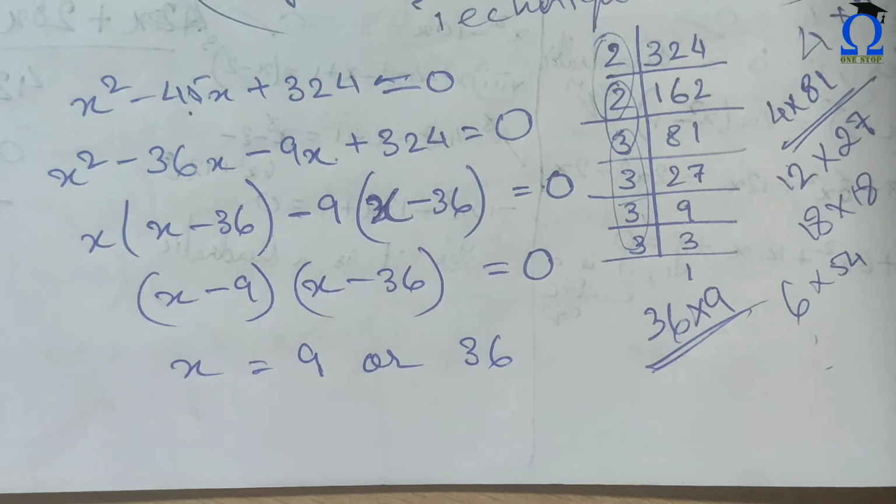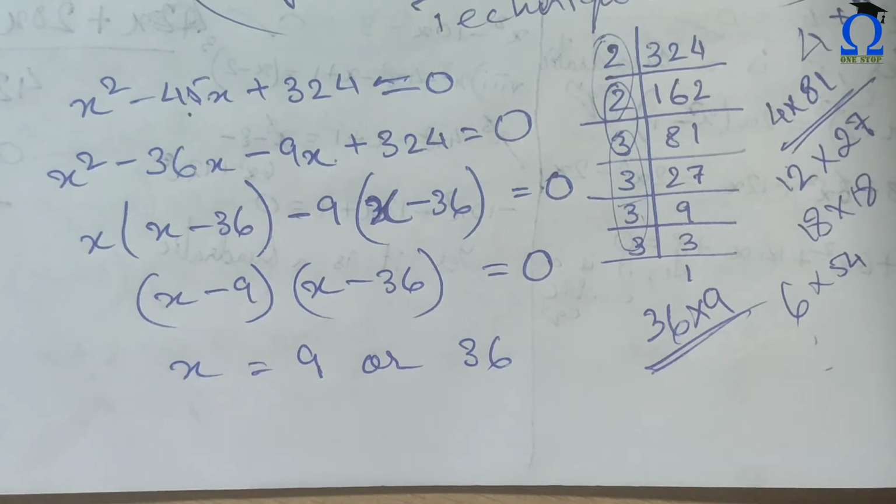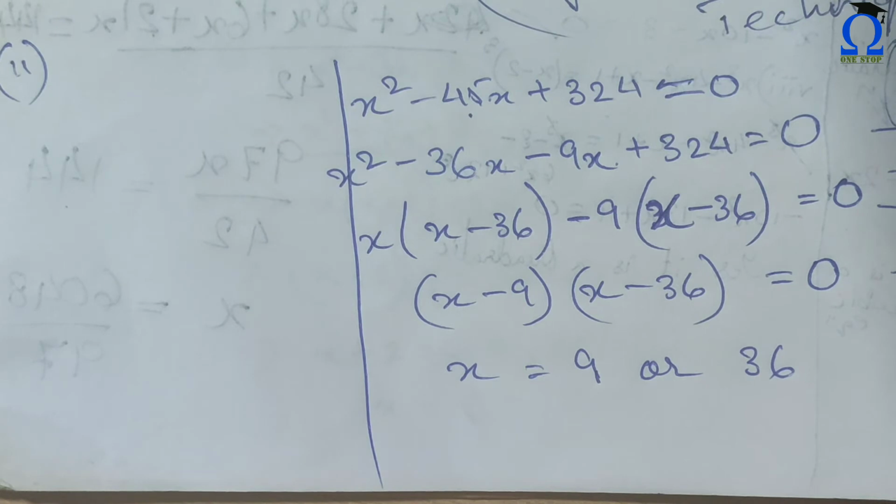So the value of X, which is the number of marbles, is 9 or 36. So by putting the value in for John and Jivanti, we can find that John will have 9 marbles and Jivanti will have 36 marbles, or the opposite way. Okay, this is the answer. Understood? So for the second part, they are saying a cottage industry produces a certain number of toys.